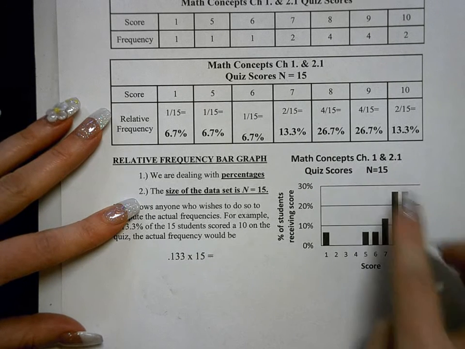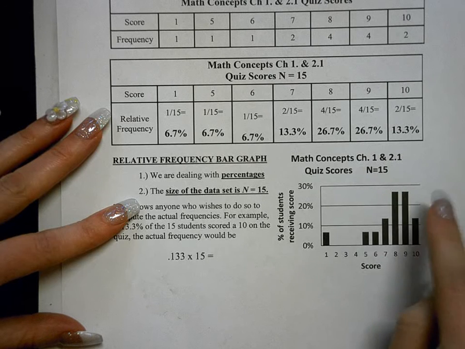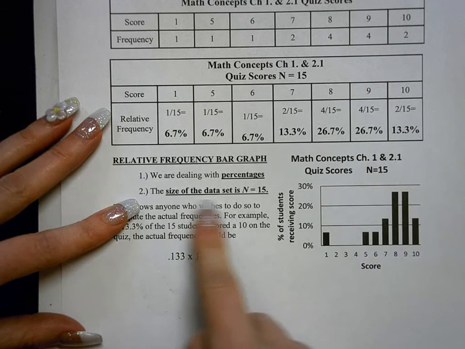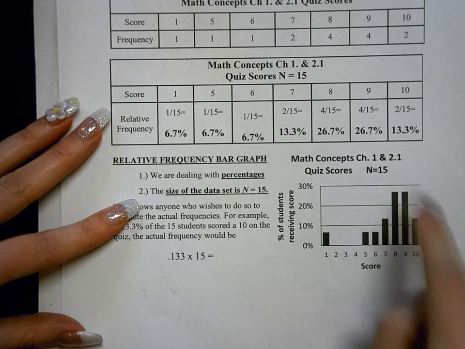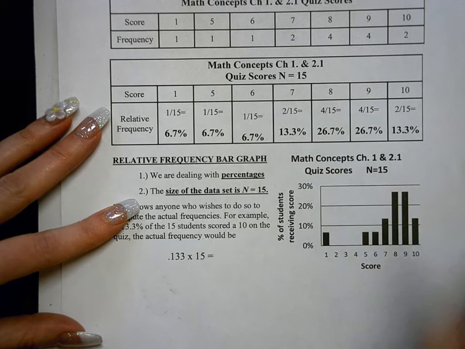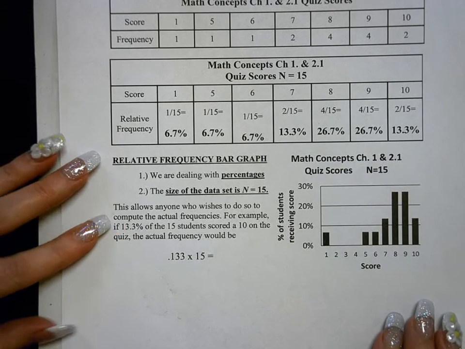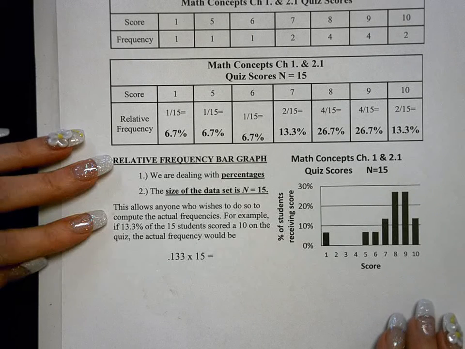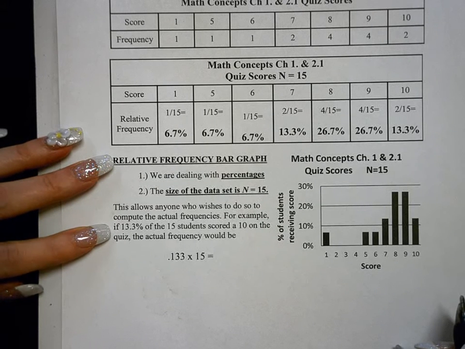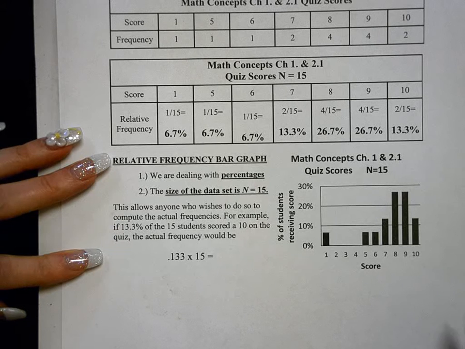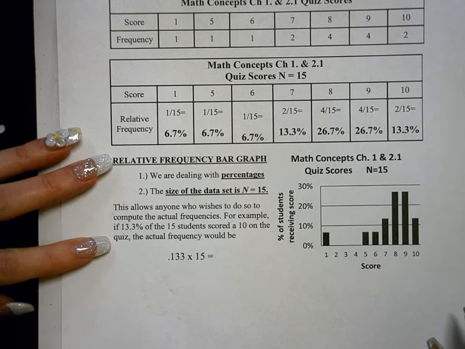Also, it's very important that the size of the data set is in the title. So n equals 15. That needs to be there on the bar graph as well as the relative frequency table. And why this is important is that it allows anyone who wishes to compute the actual frequencies. For example, if 13.3% of the 15 students scored a 10 on the quiz, the actual frequency would be,